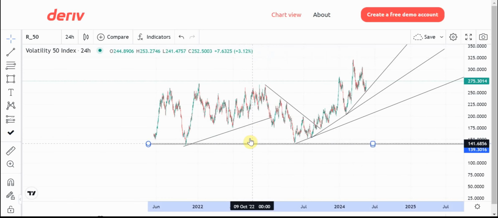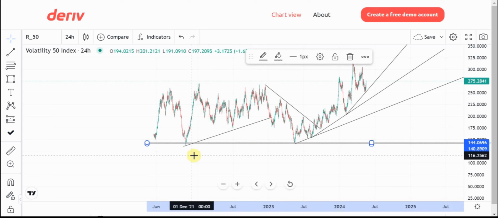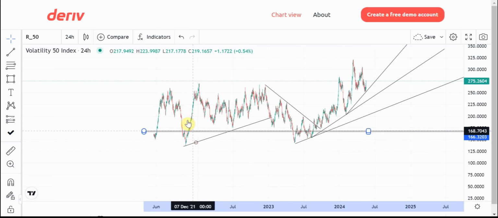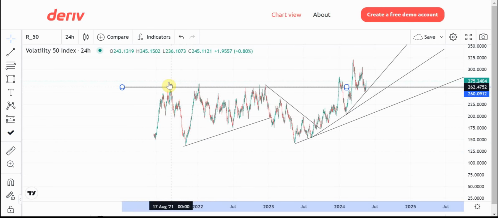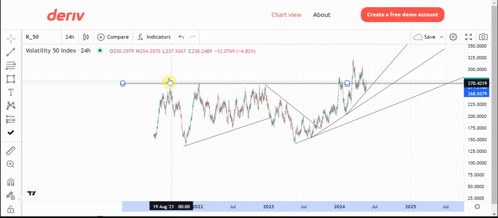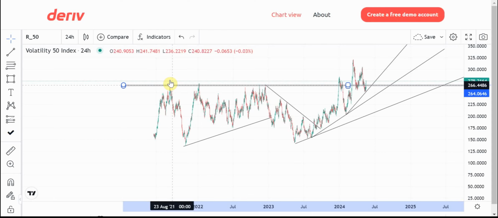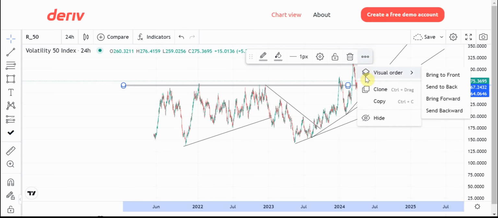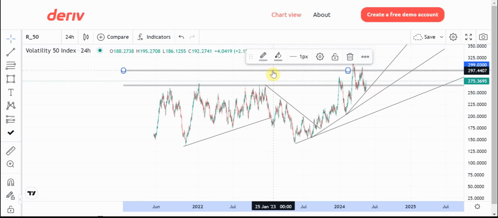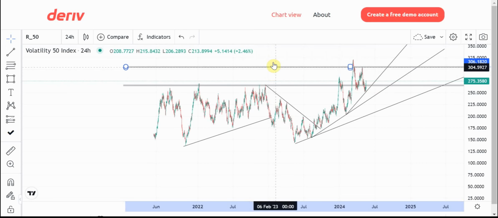Now, important regions, we have this place as an important region. So okay, let's start from the top. The top zone. This is an important resistance zone. This is a resistance area. So here, okay. So we clone, and then we got another resistance area around here. Then we clone,